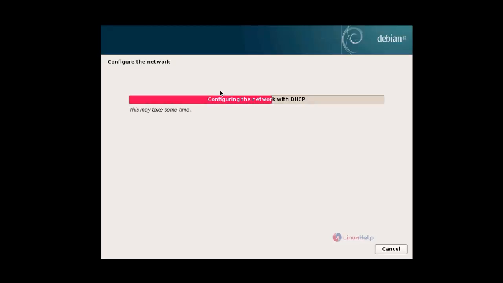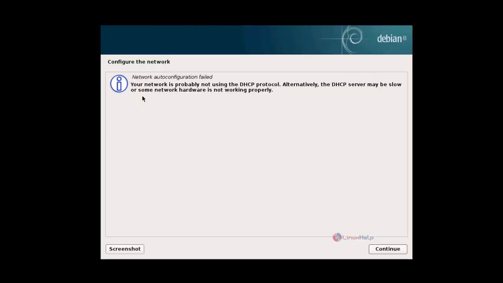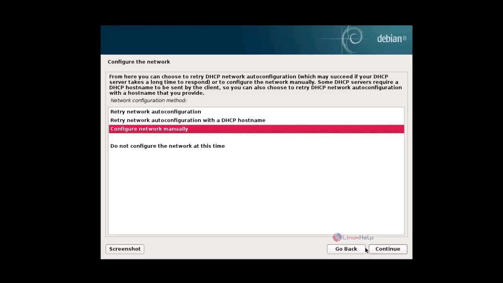By default it will configure by DHCP. Now you can see the message that the DHCP protocol is failed, so I'm giving continue, and it asks for option to configure manually, or again it asks for DHCP. I'm giving configure network manually and give continue,